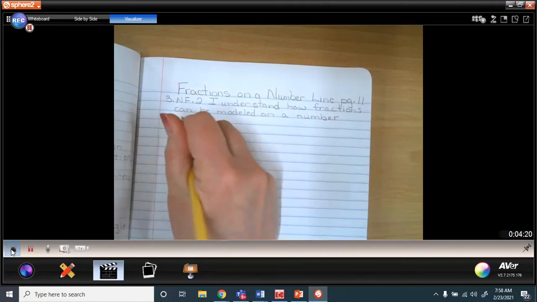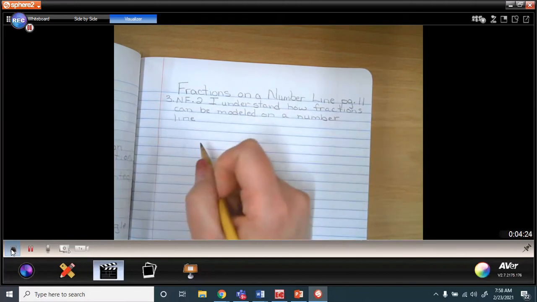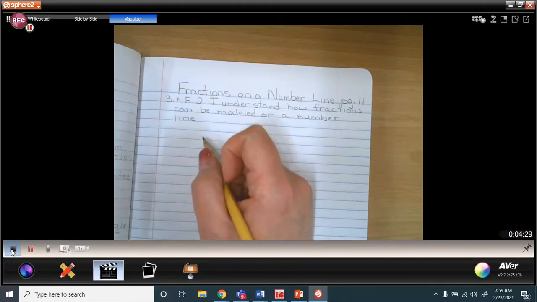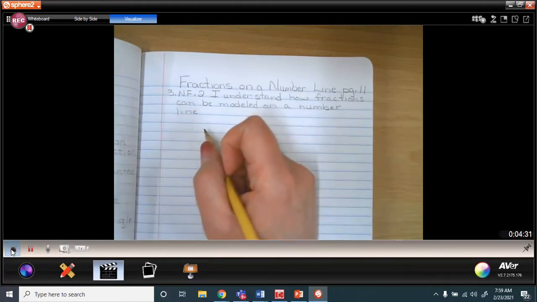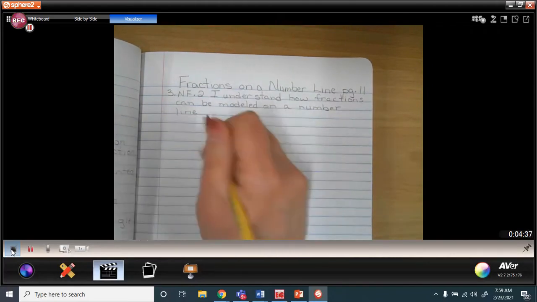And you should also be able to partition or divide up that whole on the number line into fraction or equal parts, right? Because that's what we've been doing. We've been talking about equal parts of a whole. So fractions can be modeled on a number line, and